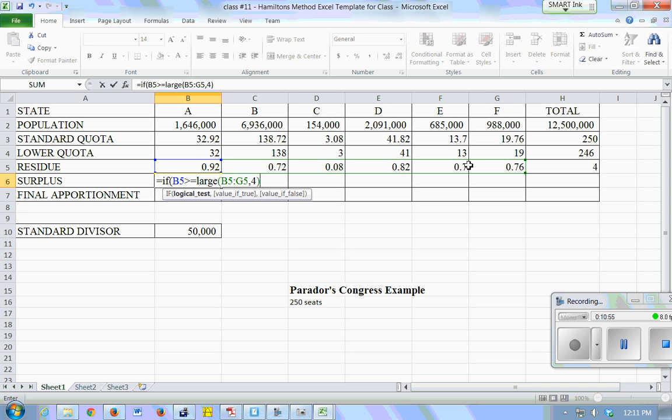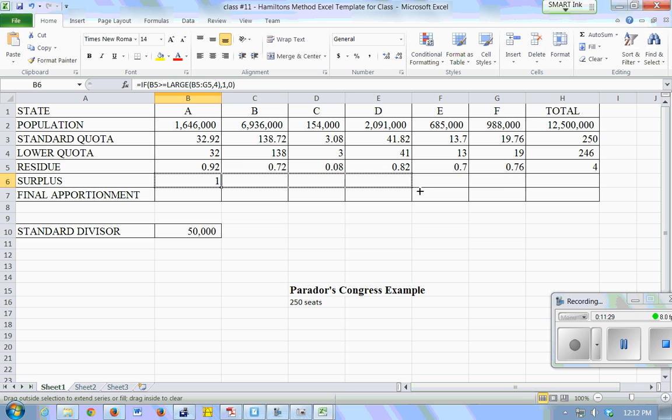Okay. Now, if B5 is bigger than or equal to that largest number, the 4th largest number in the list, we want it to give us a 1. So you type comma 1. Otherwise, if it's not, give me a 0, comma 0. Close the parentheses. And again, this is written out in great detail in that handout. Hit enter, and it gave me a 1, right? Because 0.92 should be the biggest number in the list. Now, once I've written it, I don't have to write it over and over. Just drag this across,